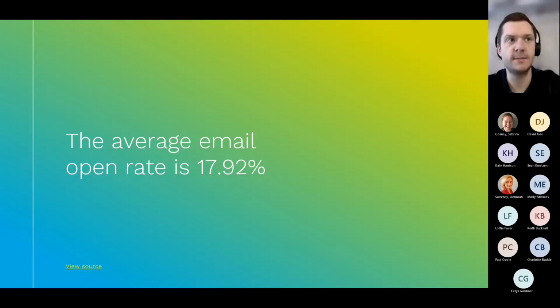But the average email open rate for B2B is 17.92%. Obviously, that will be based on existing audiences, but also prospects. If you are engaging an existing customer base, you're probably expecting to see 45% opens. This would obviously be a mixed blend of that. But as you're doing more proactive work to engage a new audience, that's really the benchmark that you should be looking at, and making changes to subject lines, copy, making sure you link into the right sections to drive that engagement.